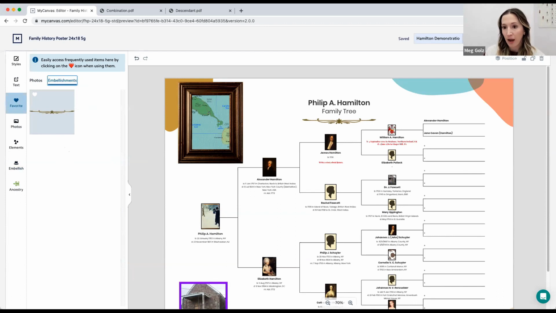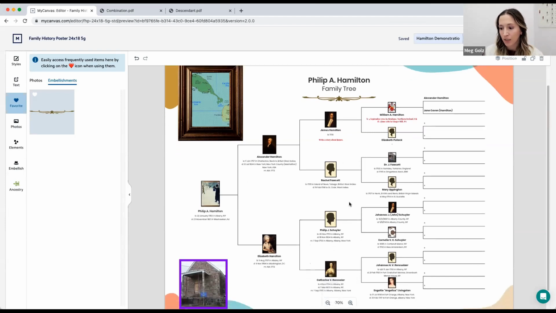So we've gone through how to edit text, how to add photos, and change things up on your poster. And before you are done with any poster or you move away or do anything, you'll want to make sure you head back to that save button in the upper right-hand corner and hit it once again, just to make sure all of your changes have been saved. And I'm just about ready to send it back to Laurel,